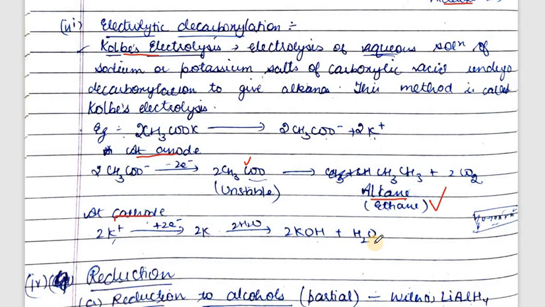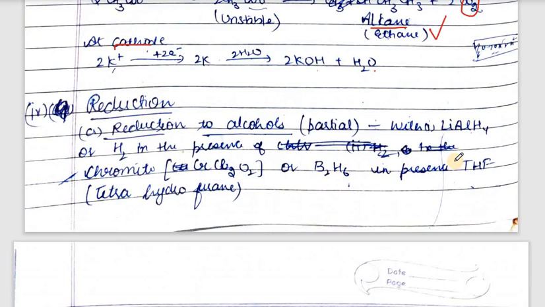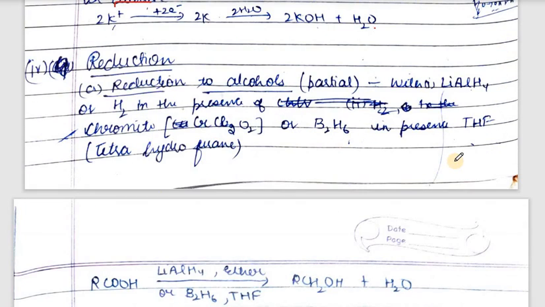Decarboxylation takes place. Decarboxylation means removal of the carboxyl group. So Kolbe's electrolysis involves decarboxylation, and this group is removed as carbon dioxide. So next is reduction. In reduction, the carboxylic group is reduced to either aldehydes or ketones, or to alcohols, or